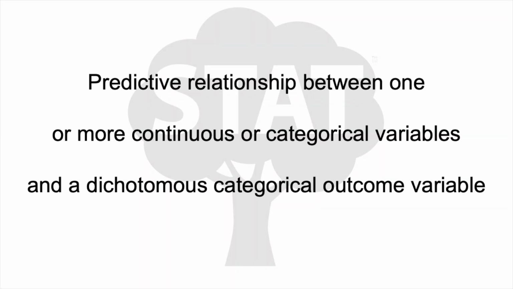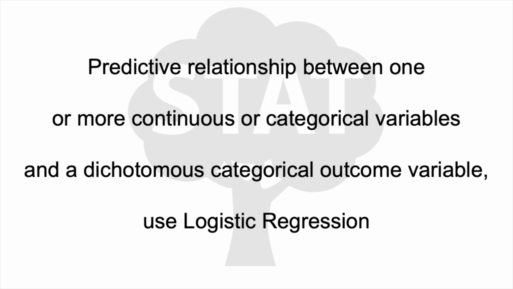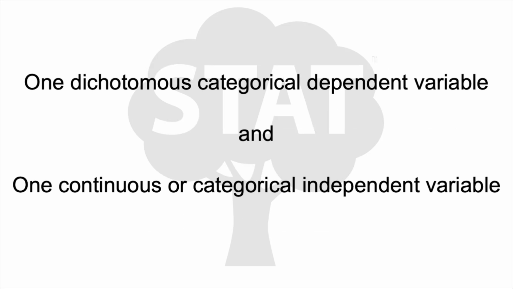To test whether one or more continuous or categorical variables can predict the likely outcome of a dichotomous variable, the logistic regression would be appropriate. You will need one dichotomous categorical dependent variable and at least one continuous or categorical independent variable in order to